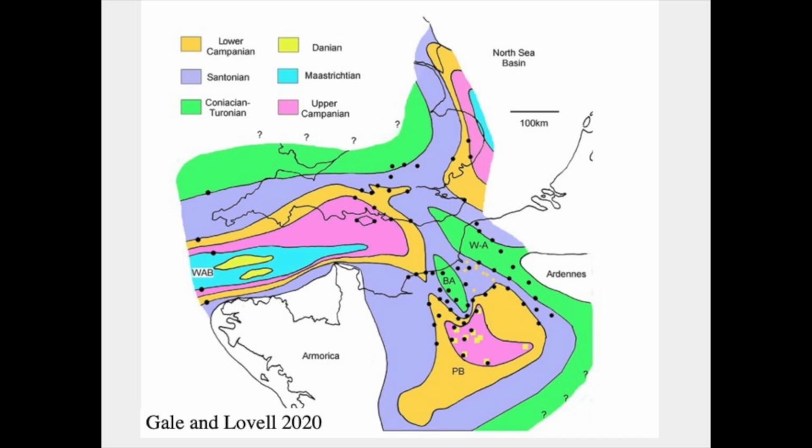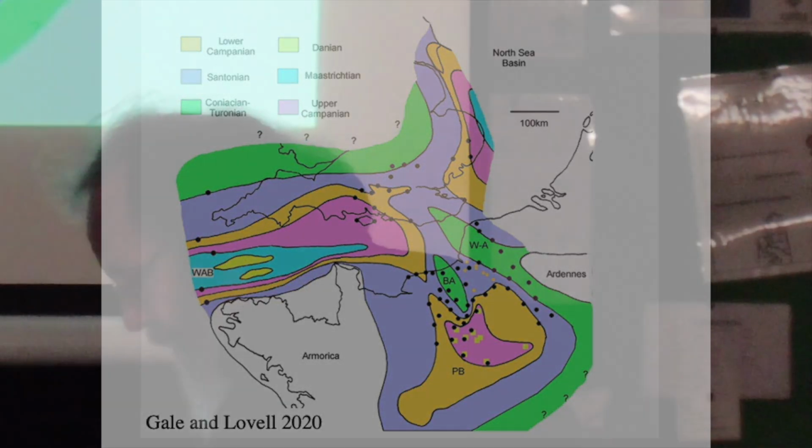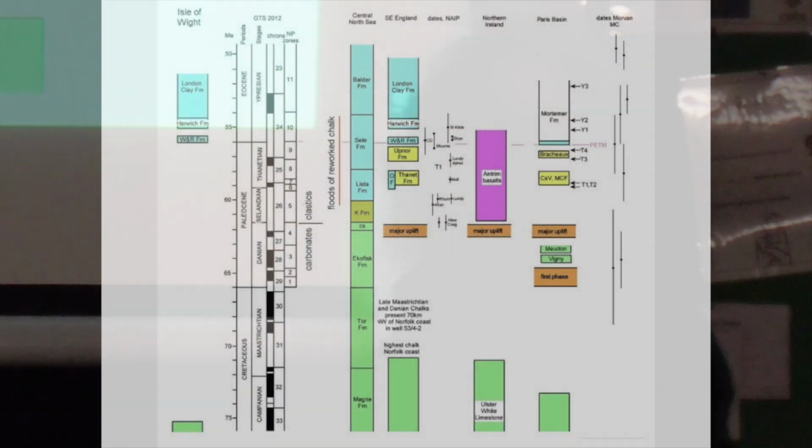which, anyway, we argued that some of this was controlled by the mantle plume, and so we put all this together, and it's really very, very interesting if we do. So this is the time scale up here. This is what's happening in the North Sea, and this is the gap. So with nothing in it is the gap, and there seems to be a major uplift about 61 to 62 million years ago, and all of that chalk was uplifted and eroded,